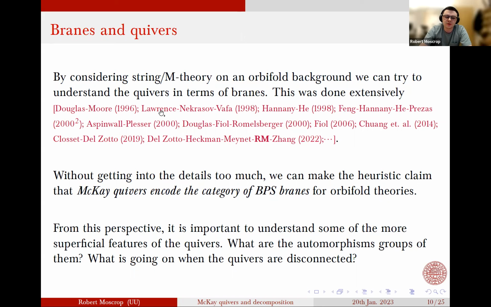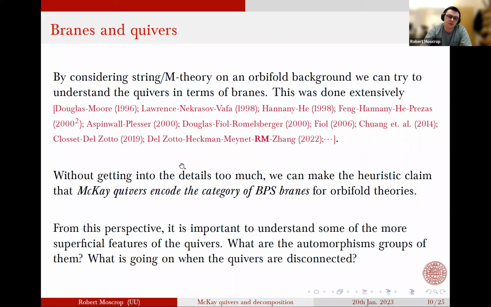So these original works start with kind of SU2, and then these ones here go to SU3, and these ones in particular that I mentioned earlier start talking about the disconnected covers a little bit. Then this paper by Aspinwall and Plesser starts to think about when you take projective representations, and this is going to be important for us later on. This is developed more and more over the years, and recently, these final two papers, which I just mentioned, start using these as BPS covers, which I mentioned earlier.